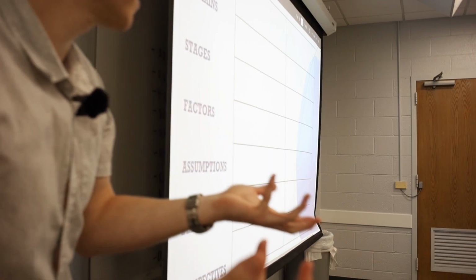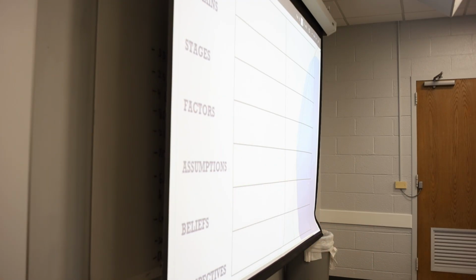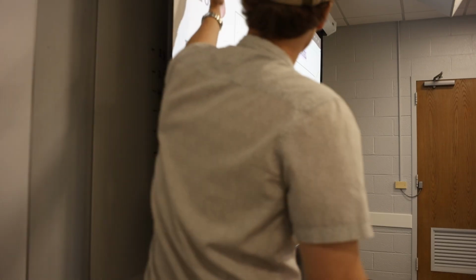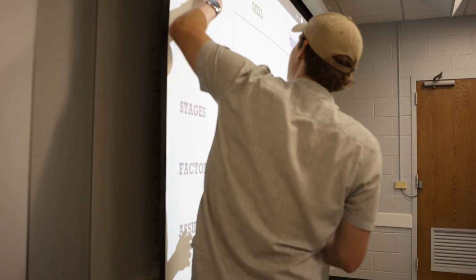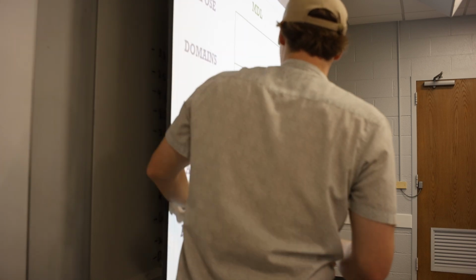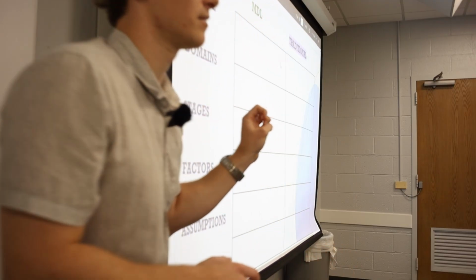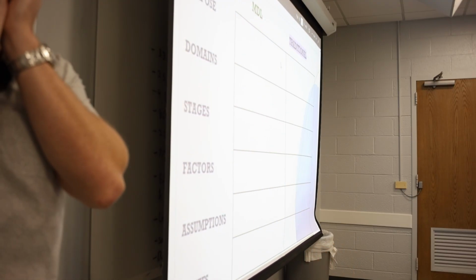So if you see something on the test that says compare and contrast, for instance the model of domain learning versus traditional views of expertise, I'm not going to give you these, but I might say compare and contrast these two things. I want you to find the dimension. Maybe it's time. Maybe it's beliefs. Whatever it is, and describe the two differences. Does that make sense to everybody? This is online, by the way.